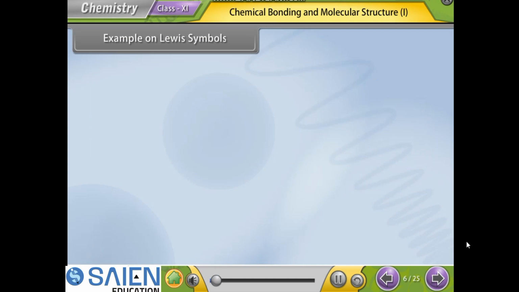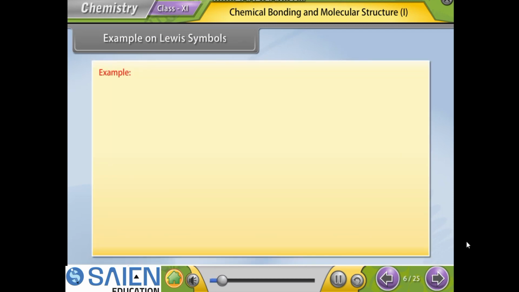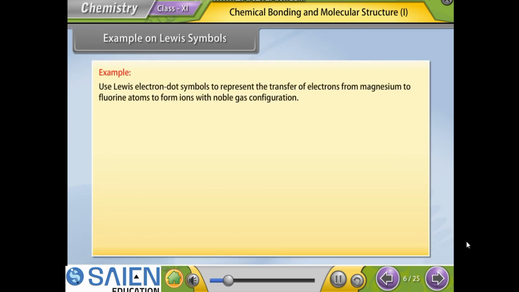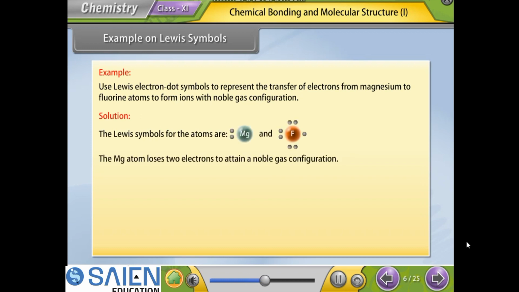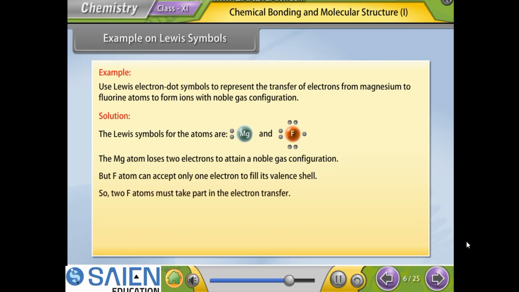Example on Lewis symbols. Let's take an example on Lewis symbols. Use Lewis electron dot symbols to represent the transfer of electrons from magnesium to fluorine atoms to form ions with noble gas configuration. Let's see the solution. The Lewis symbols for the atoms are: the Mg atom loses 2 electrons to attain a noble gas configuration, but F atom can accept only 1 electron to fill its valency shell. So, 2 F atoms must take part in electron transfer. We can represent this electron transfer as